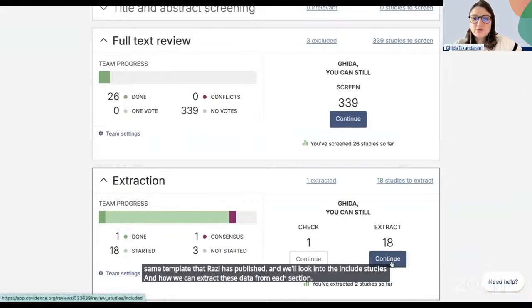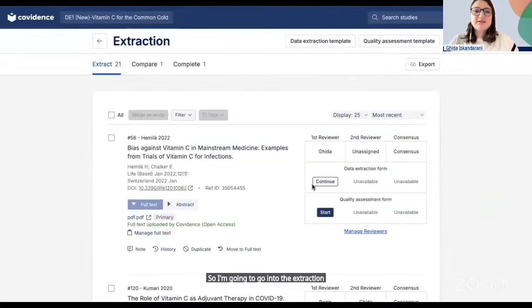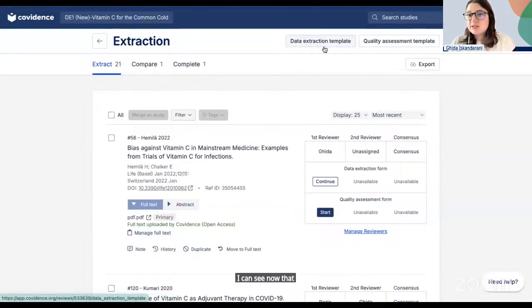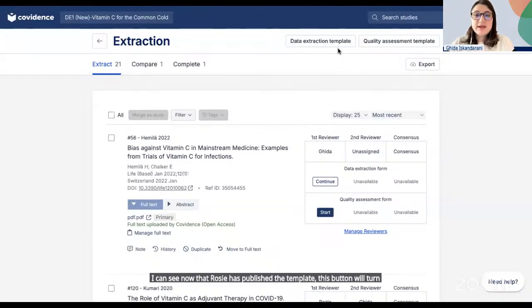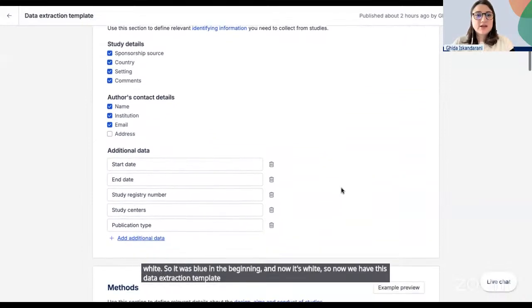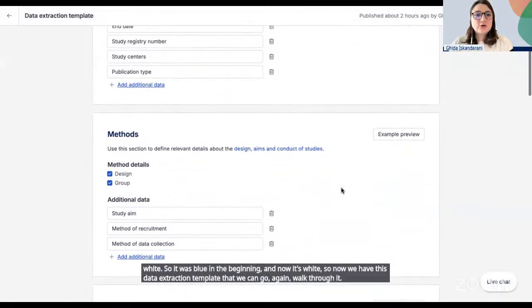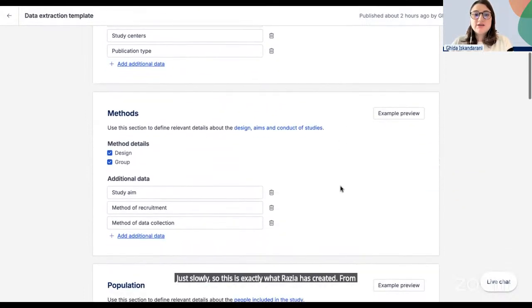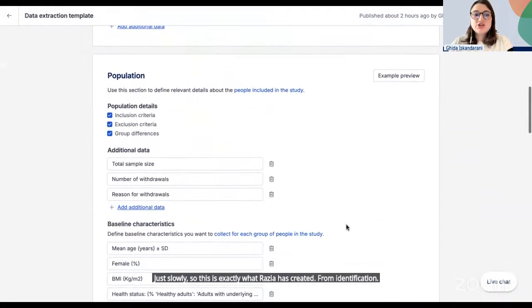So I'm going to go into the extraction one of the study, and now I'm back here. I can see now that Razia has published the template. This button will turn white. So it was blue in the beginning and now it's white. So now we have this data extraction template that we can walk through again, slowly. So this is exactly what Razia has created, from identification, from methods, population,